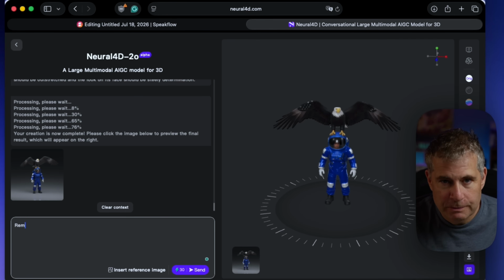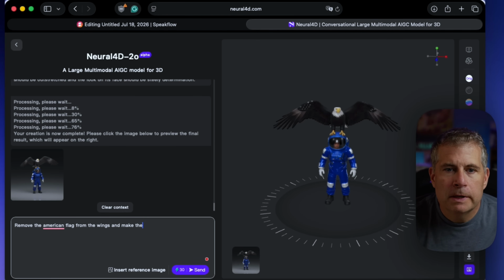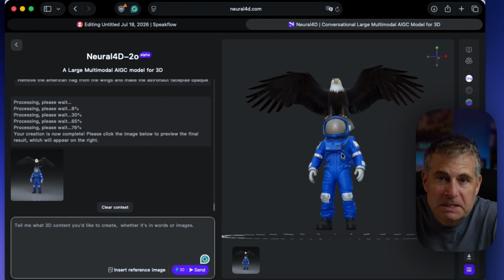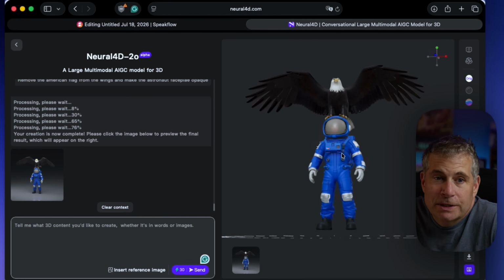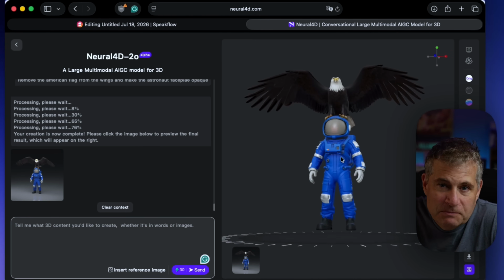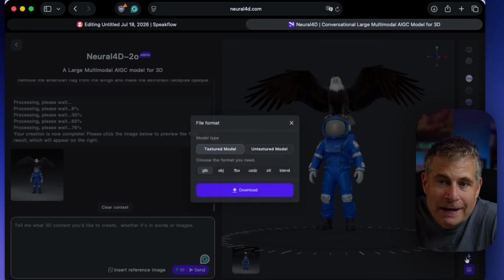Two more things to do here. I'm going to say remove the flag from the wings. Make the astronaut faceplate opaque. And this is perfect. I still think the eagle is a little bit big, but I'm not going to go back through and change that right now, partially because I don't even know how big an eagle's body is. But still, I like the way this looks, so I'm not going to actually print this one,